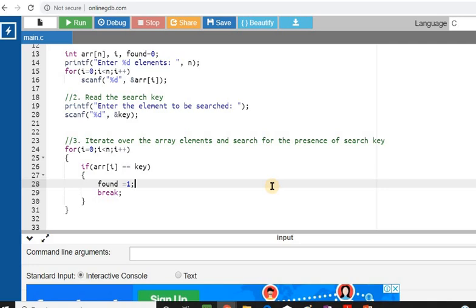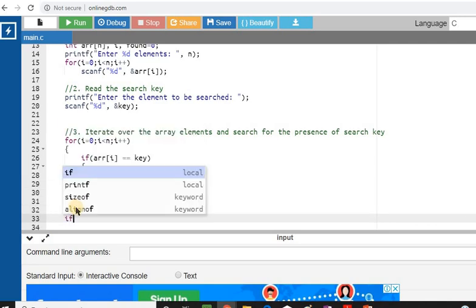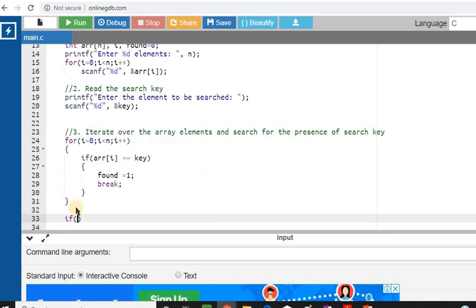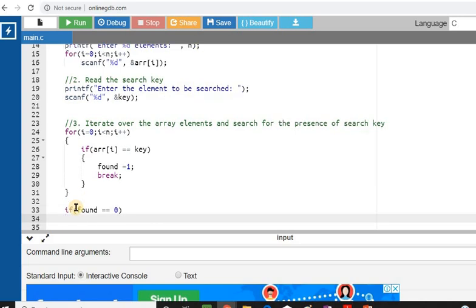It simply acts as a flag. If the value of found is 0, that means the element is not there. If the value of found is 1, the element is present in the array. Finally, after iterating over the entire contents of the array, I'll check what is the final value of found. If the value of found after completely searching the array is still 0, that means the element is not present in the array.